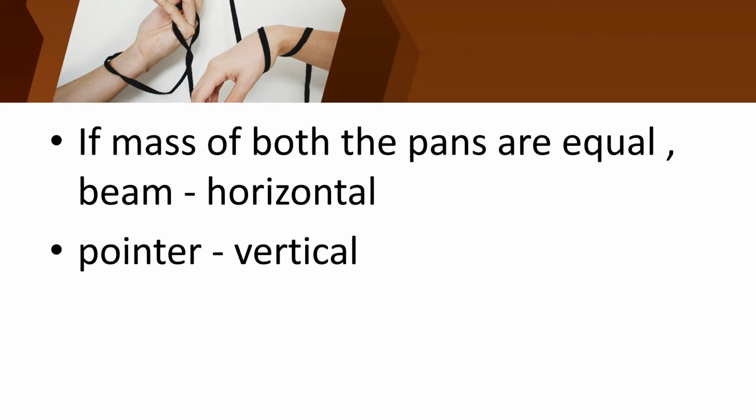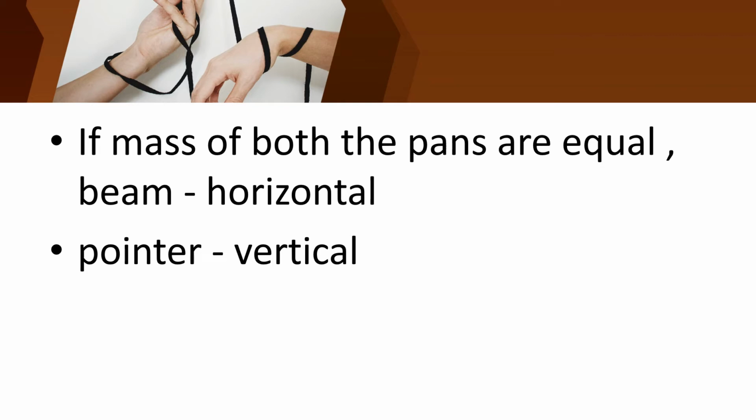Okay, if it moves to the right, it means the object is more than you need. Okay children, if it moves to some side, right or left, you can know that the mass of the object you have placed is more than required. For example, if I have placed a 1 kilogram standard weight and the object is heavier than that, it will move down. So you should correct the mass of that object. When both are equal, you can get the accurate measurement.